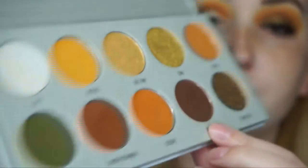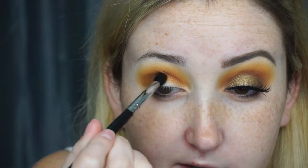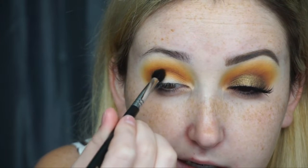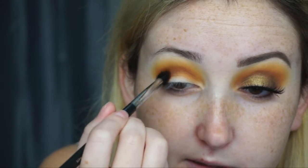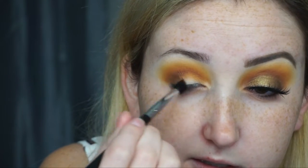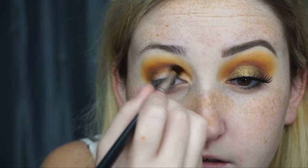Alright, and then next I'm going to go in with my Morphe M411, and I'm going to dip into this shade right here called Prowl. It's this chocolatey brown. And I'm going to put this in my crease as well, just a little bit, really right where my eyeball meets the crease, and just deepen it up a little bit, and then a little bit onto my outer V, and then make sure it's nice